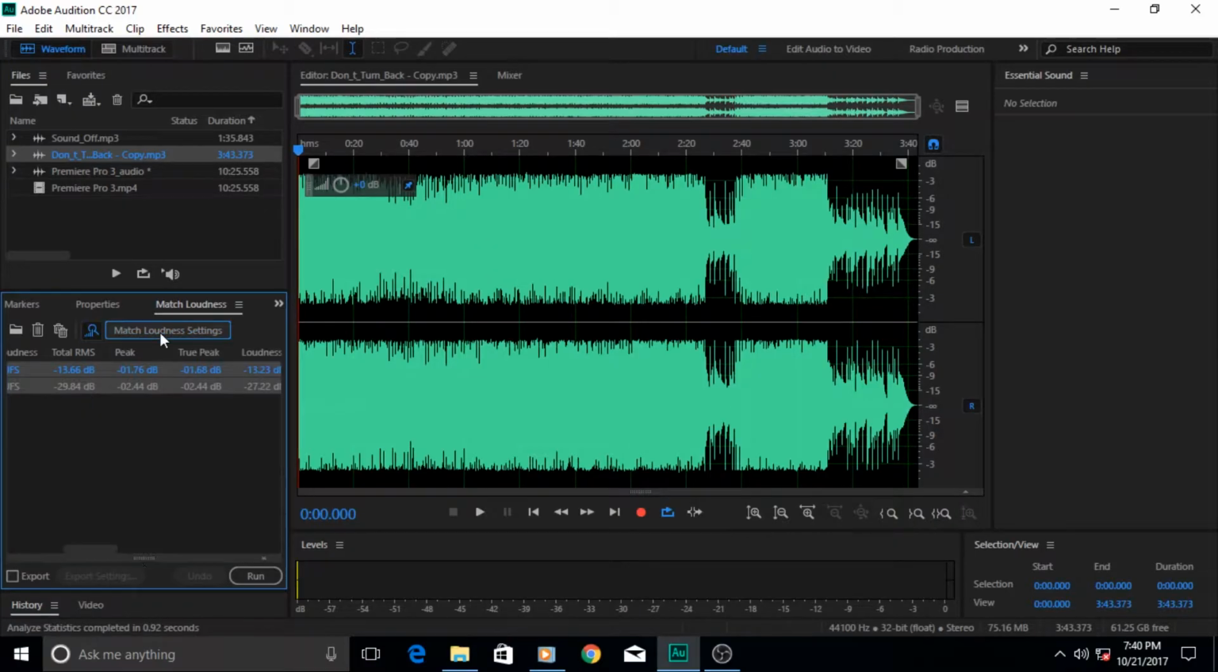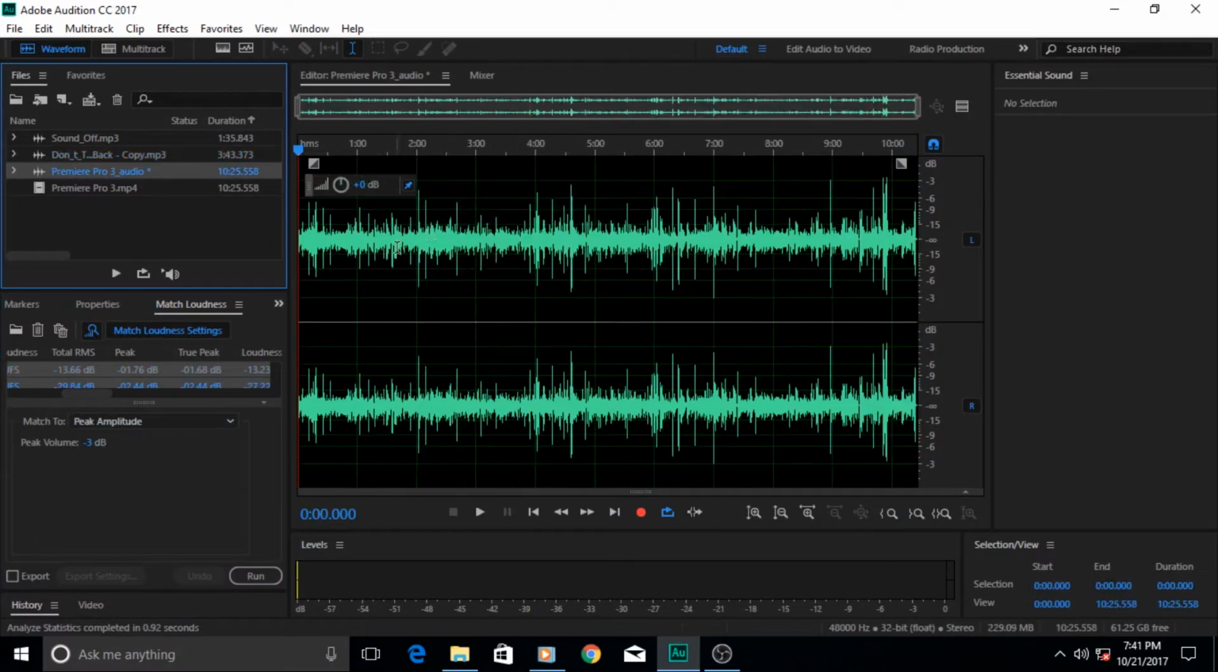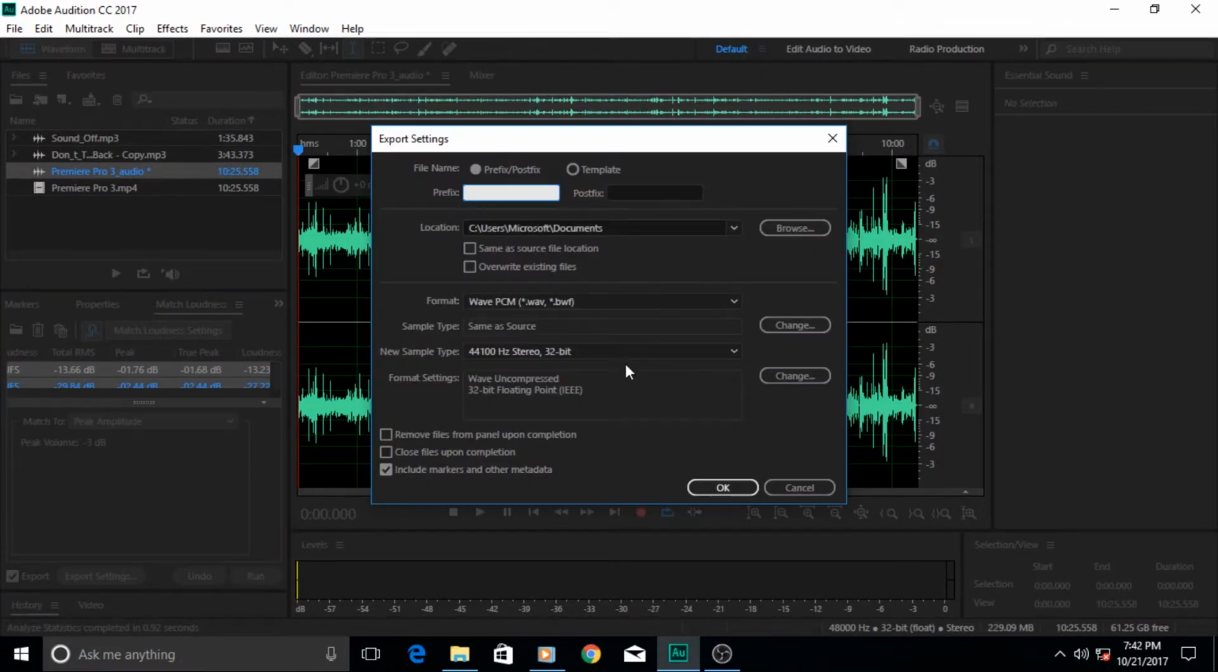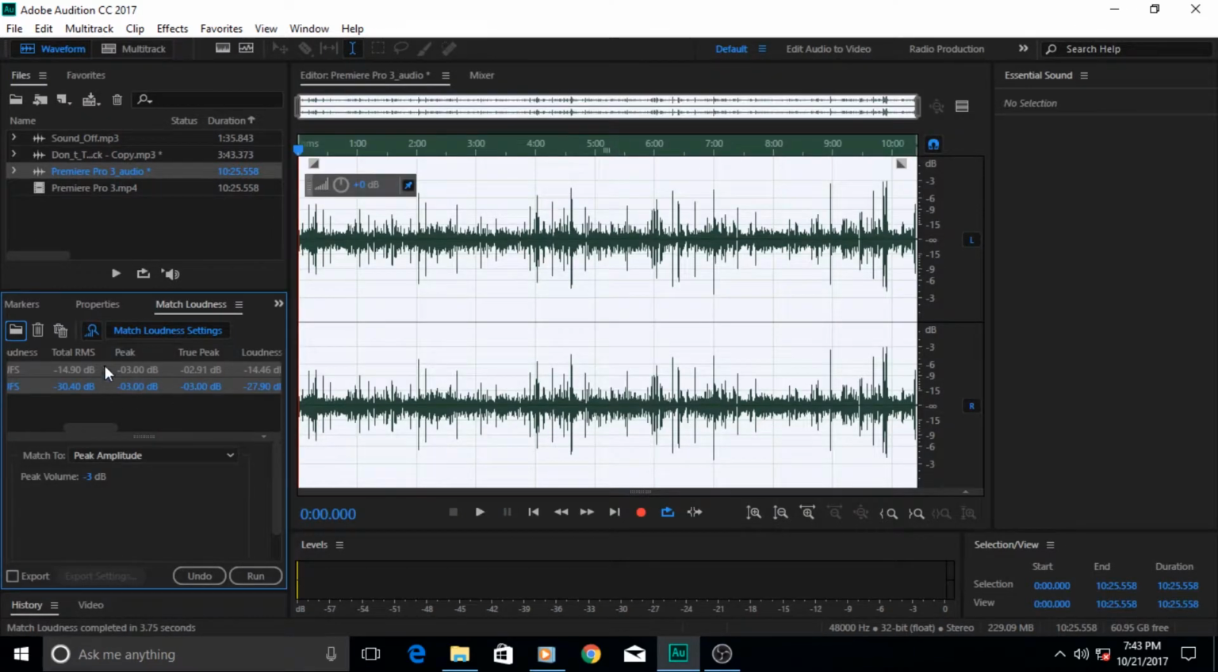Okay, so to match this level, first of all, you click on this button which says match loudness settings. I closed it, my bar menu was already open. You click on it, then this panel comes up, and then there are these options. You can match audio levels by any of these